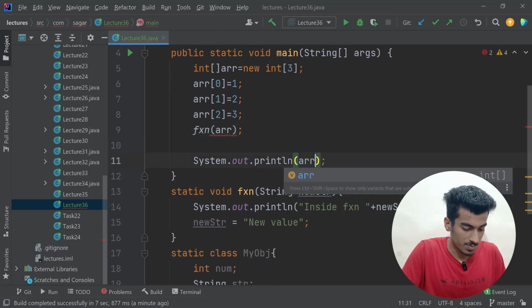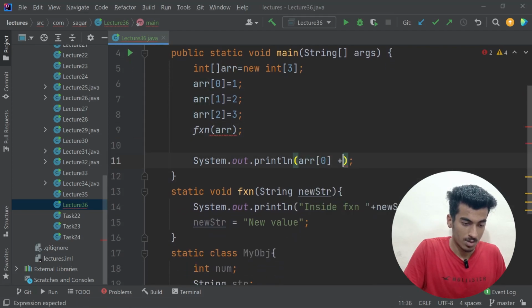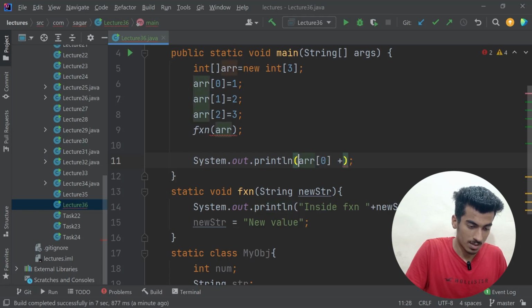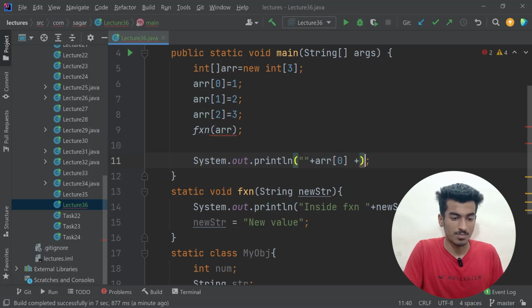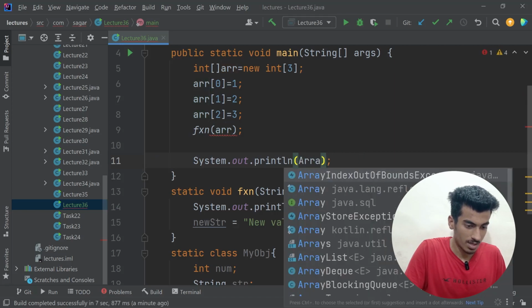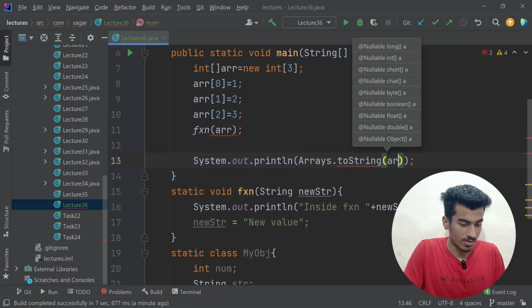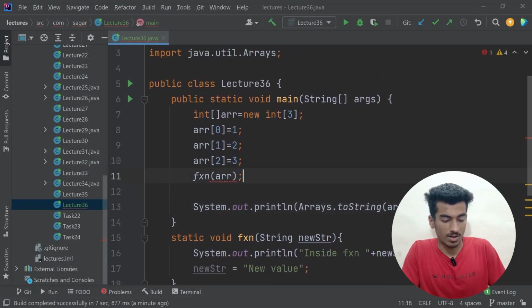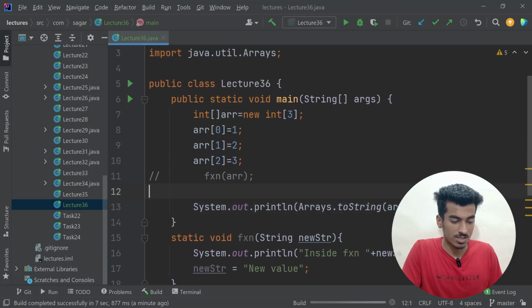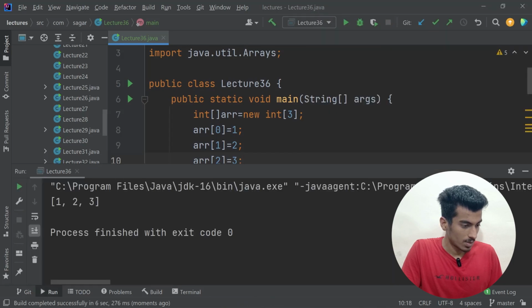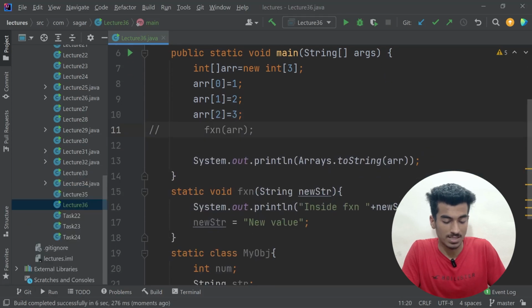So let me just print the array. Let me make it a string. This is the simplest method I can remember right now. Or let me just say Arrays.toString, and here I can pass this array. If I'm not passing this to our function, then what is going to print? I think we are going to print 1 2 3 with these square braces. We have these 3 elements in our array, 1 2 3, and when we are passing this array to my function,